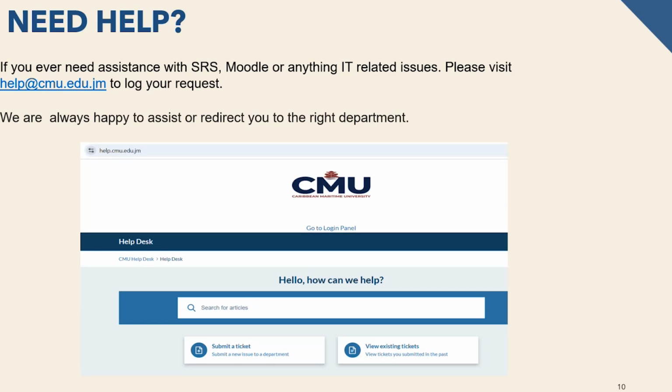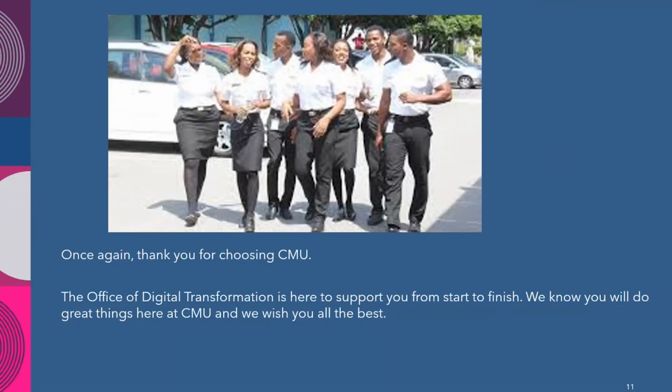So as a CMU student, you'll be given a CMU email address. The CMU email address normally takes the form of the following template. It has your initial for your first name, the entirety of your last name. If your last name and the initial has been used before, then a numbering sequence will follow that. So for example, one would expect John Brown would be a common name. And so the very first person who came to CMU, his email address as a student would have been